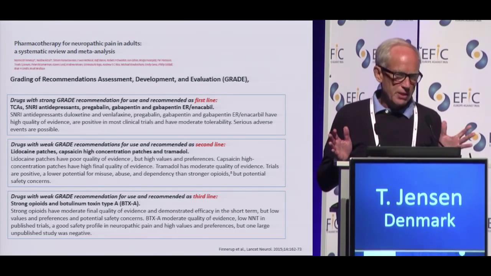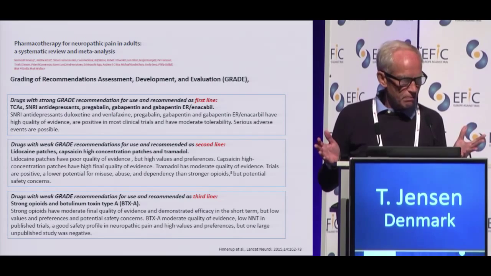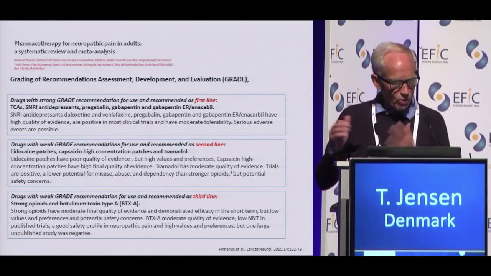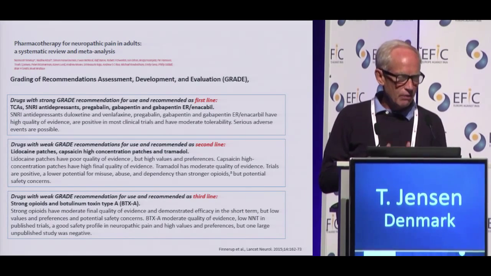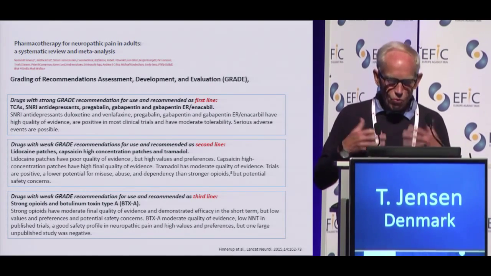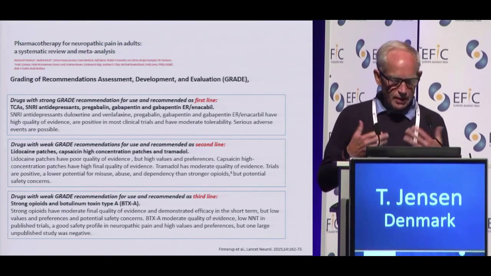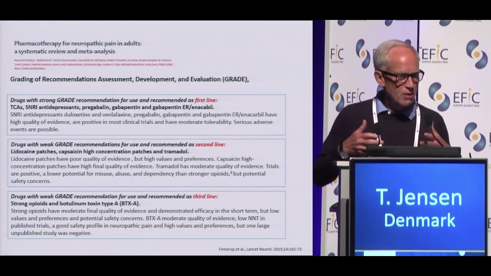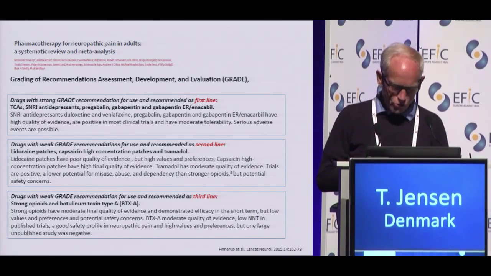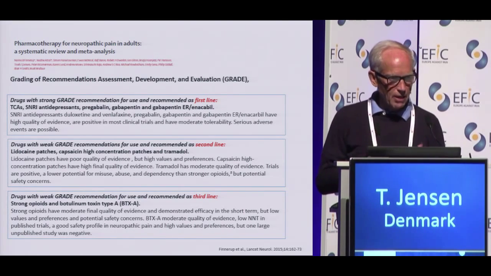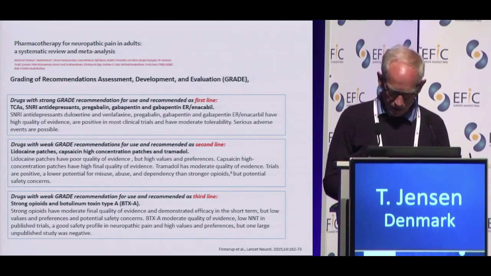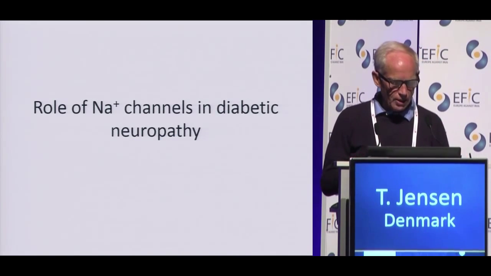So all these treatments here are in fact symptomatic treatment. They are not getting to the cause. Now what we have heard so far is that we are really trying to look into the pathophysiology of diabetic neuropathy. What are the underlying mechanisms here? Can we come up with something which brings us a little bit further, getting closer to the mechanisms generating both neuropathy and generating pain in those that have neuropathy? So I don't have the answer to that, but I'll just give you a suggested role here and look on